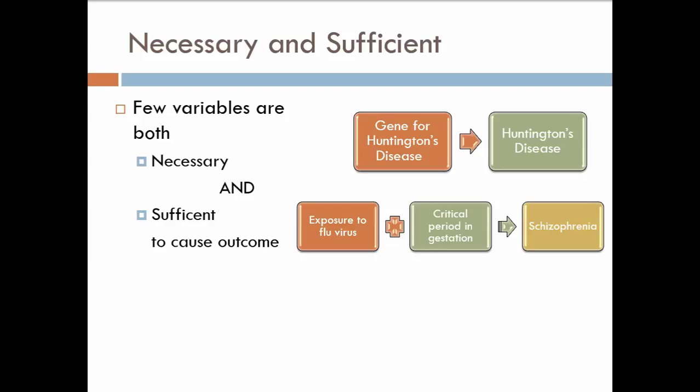It's not sufficient. It seems like at the minimum it has to happen in combination with this critical period in fetal development during the organization of particular structures of the brain. And even beyond that, we're not entirely sure that any time a flu virus is present at that critical period, that combination would be necessary and sufficient. It might be the case that you're required to have a predisposing gene or something too.